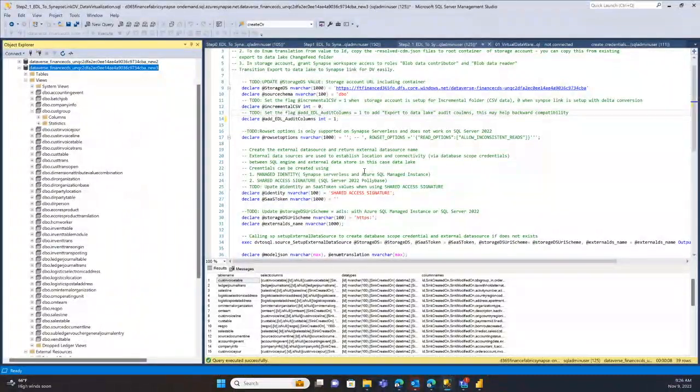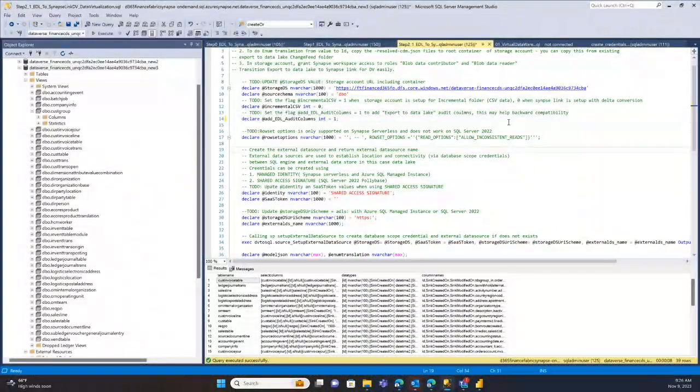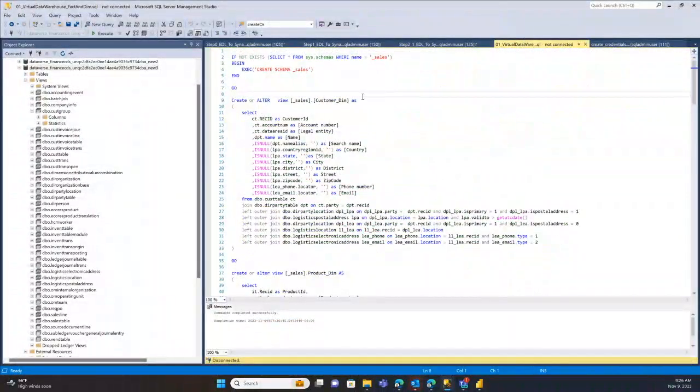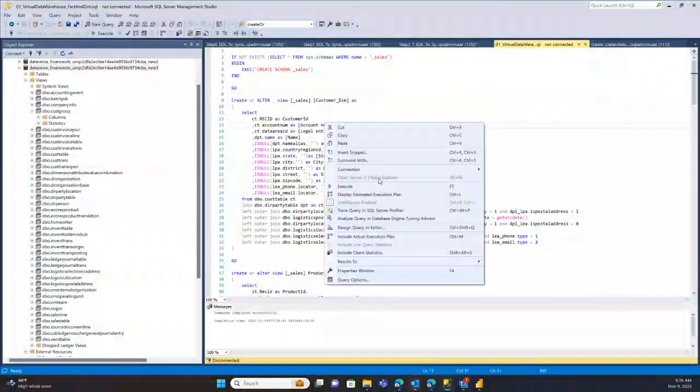If you have added more tables, you can just run this script again, and then it will show up. Any schema changes, you run this script again, and the latest schema is refreshed, right? So that's fundamentally it. Now I want to come back to the scripts which I have for